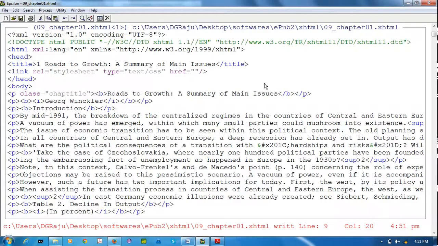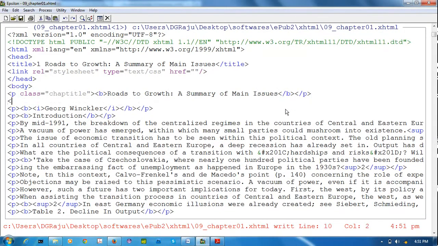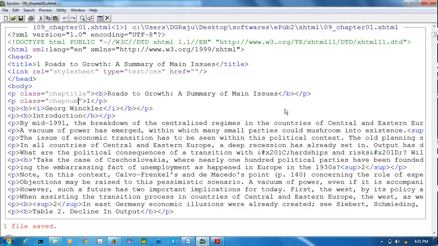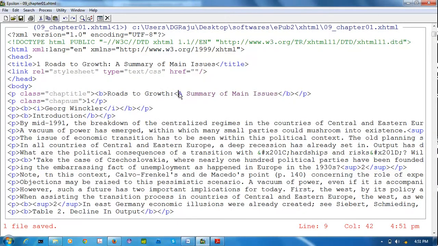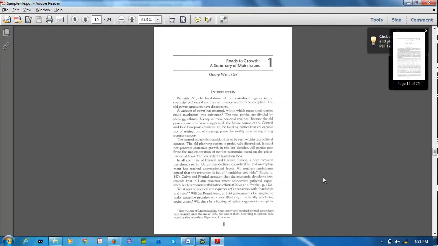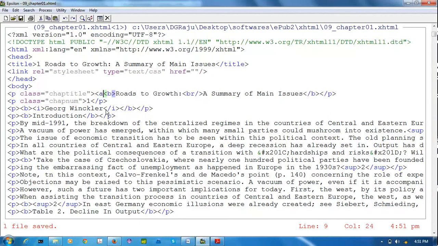That's why I am using it in a separate paragraph. One paragraph, class equal to chap num, which means chapter number, and it has one break after the growth. I am giving a break, and it is page number 3. That's why I am giving a space, id equal to page underscore 3. Every time I type this, it takes so much time for every page.